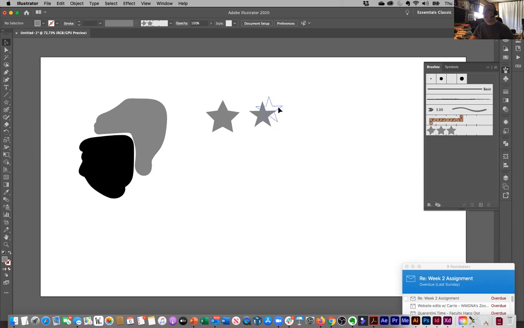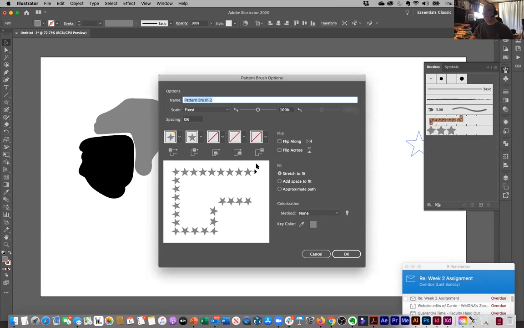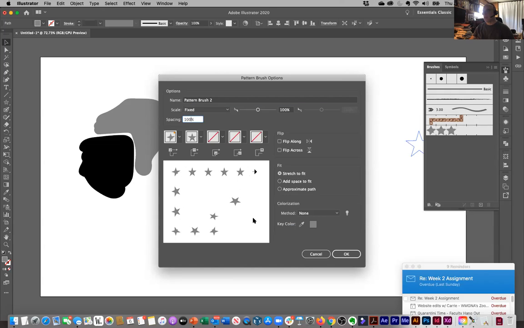The other thing you can do with this to create your oval is turn it into a pattern brush, and I'll show you how that works. So with this star selected, I'm going to drag it into the brush palette, and I say yes, I want a pattern brush, and the options come up here. I'm going to add some spacing, 100% spacing, so we get it out. Make sure that colorization is set to tints, and that enables you to change the color of it when you get into your color relationship. So